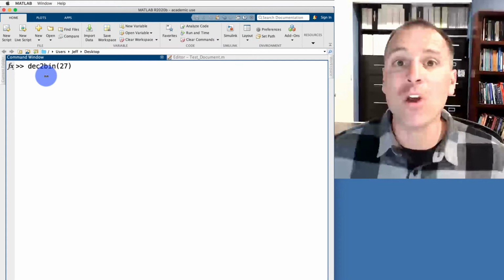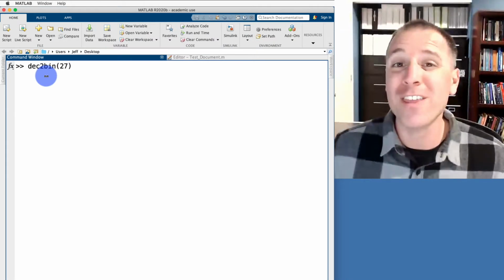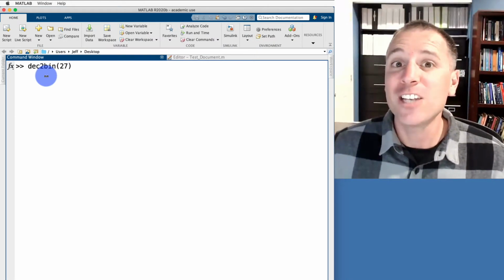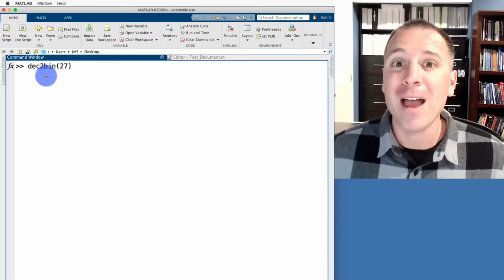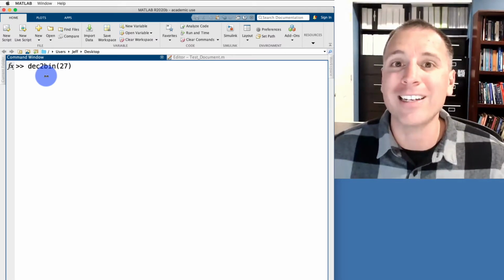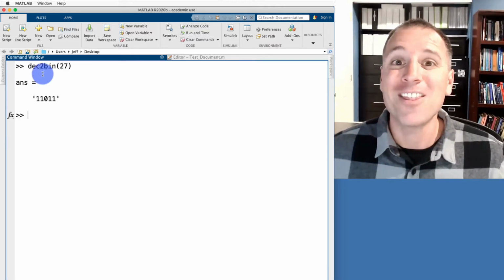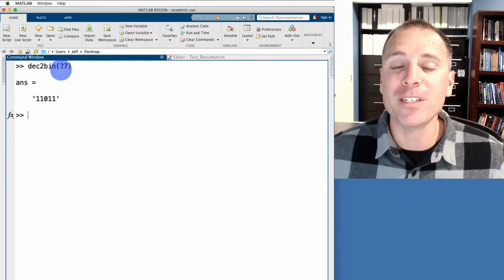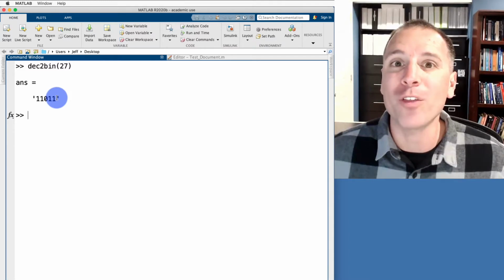Since we're developing our algorithm and we want to make sure that our thinking or approach is legit, it's worth the extra second to confirm that the calculations that we just did actually correspond with what we would expect. Let's go ahead and boot up MATLAB and take dec2bin of 27. The moment we do that, we see that the binary representation of 27 that MATLAB is reporting is 11011. That's the same thing that our algorithm just produced.